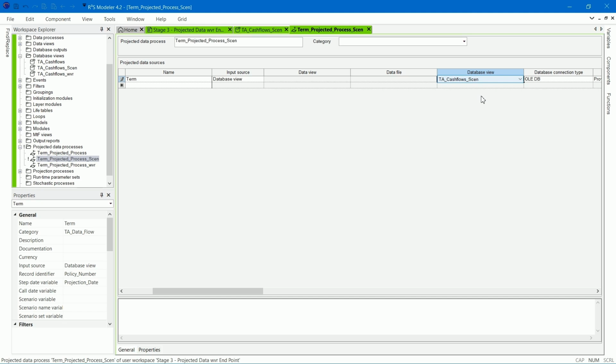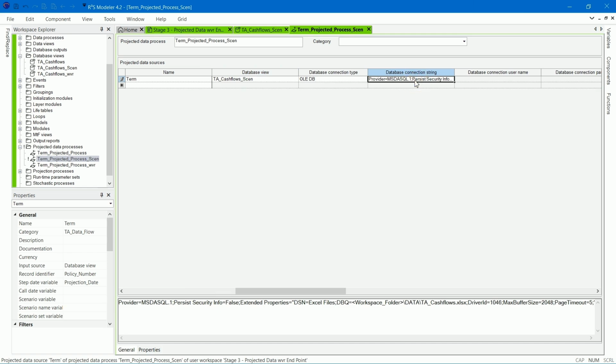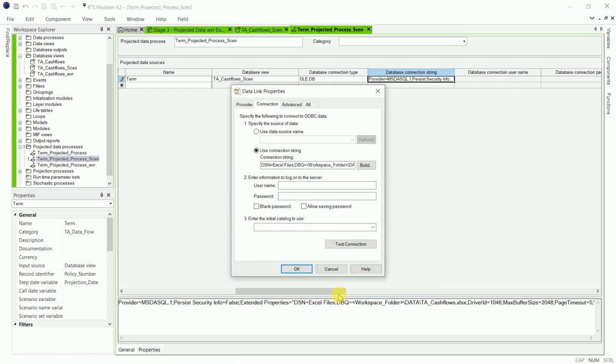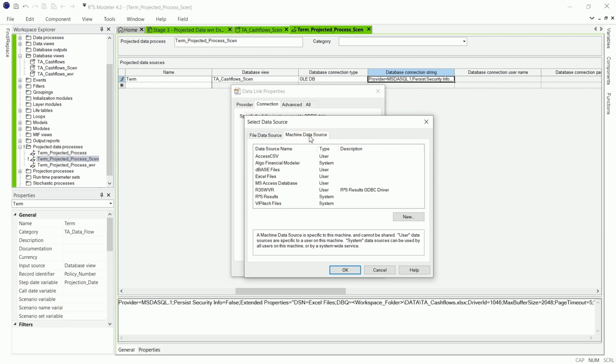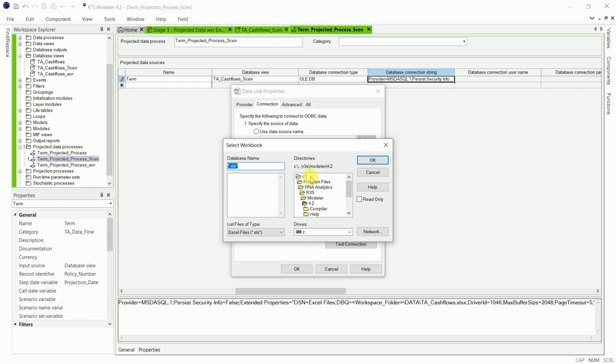Click on the database connection string property. In the formula window, right-click and select Locate OLE DB connection string. Click Build. Go to the Machine Data Source tab, select Excel Files, press OK, and navigate to the Data folder.